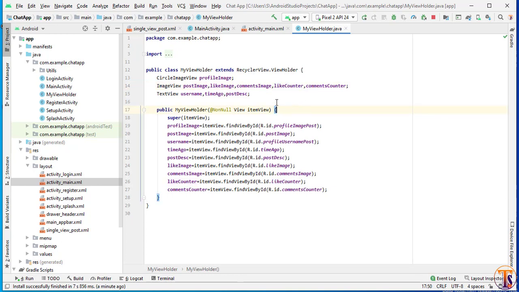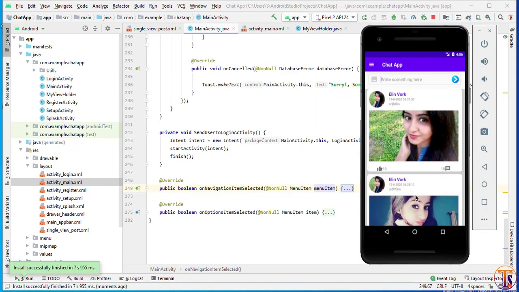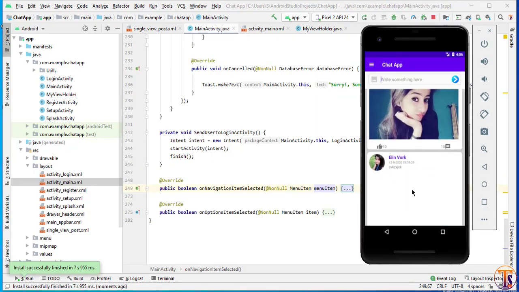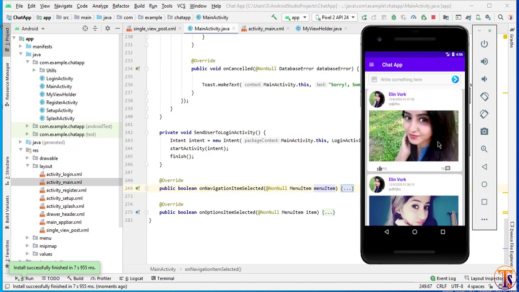Okay, I ran the application, but here is a problem. So I have initialized the text view to our image view. So here we have to cut it from here and just simply assign it to the text view. Okay, our application is successfully running. It's fetching the data from the Firebase. Here you can see, but our design has a few problems, so we need to fix it.